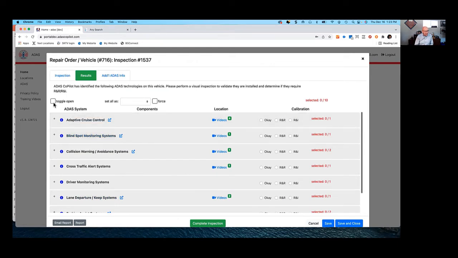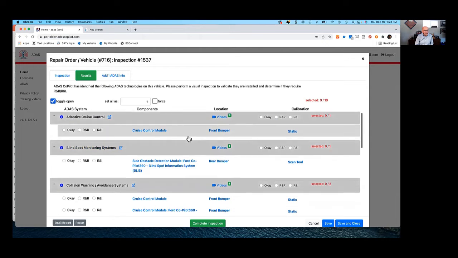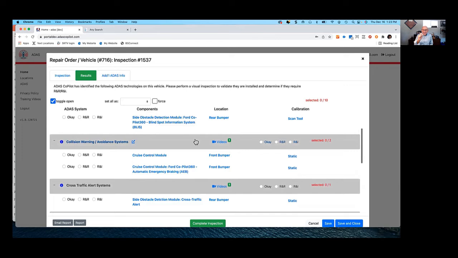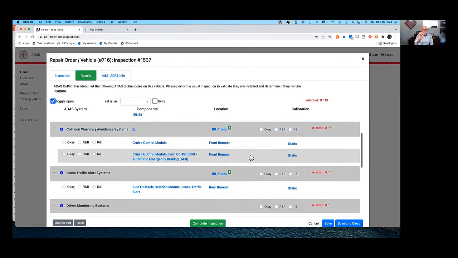And again, I can toggle open and now I can look at each of the components that make up that ADAS system. Remember, when you're diagnosing and when you're calibrating, you're not calibrating a system, you're calibrating a component. So it's important to understand what components make up the system.